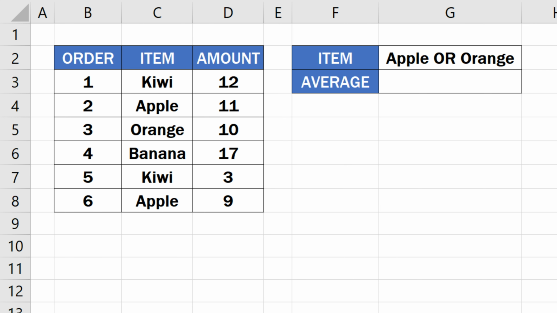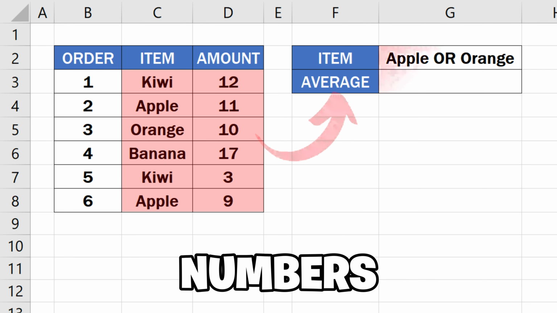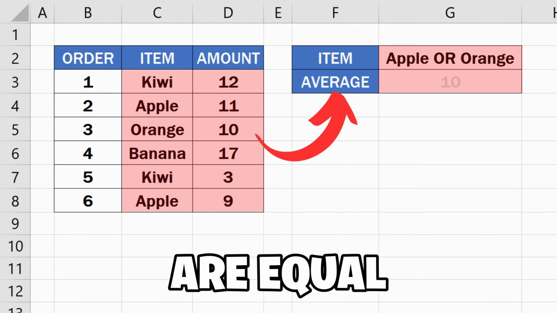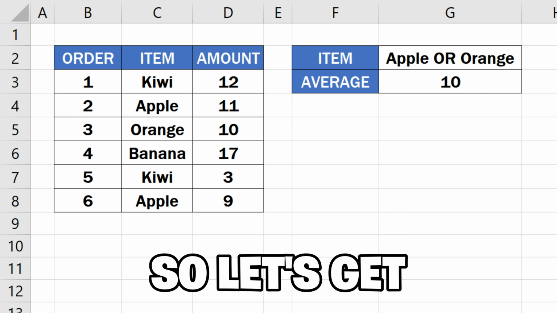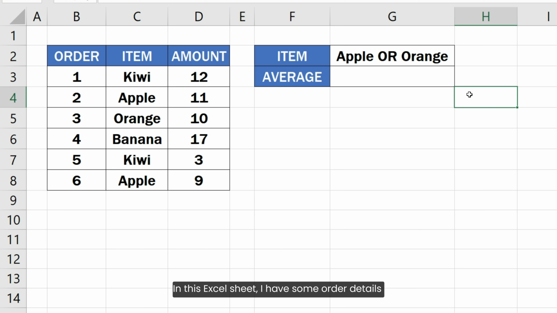In this video, I will show you how to average numbers if the criteria cells are equal to X or Y value in Excel like this. So let's get started. In this Excel sheet, I have some order details including order number, order item and the